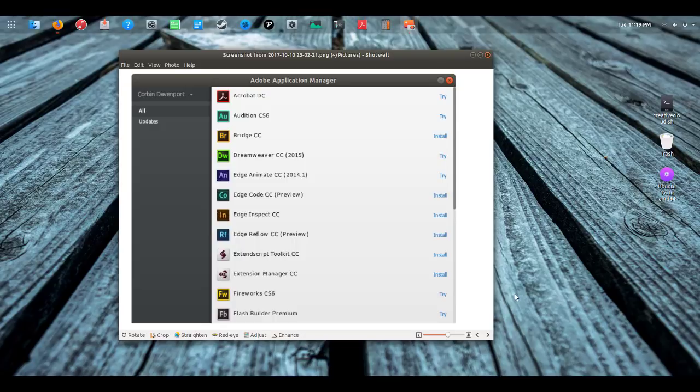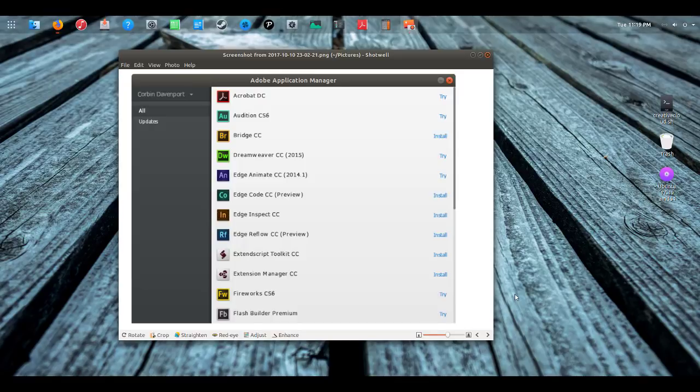Now, there's a couple of things to keep in mind. First, you do need Wine, obviously, because we're going to be installing the 32-bit versions that are usually meant for Windows. And you don't get the whole suite. That is to say, I think it only comes with Lightroom 5, version 5, and not CC, which is version 6.0. But if you're looking to get Dreamweaver or Photoshop, or if you want a cleaner way of utilizing the Adobe Application Manager, I think this is probably your best bet to go with until you choose or look towards